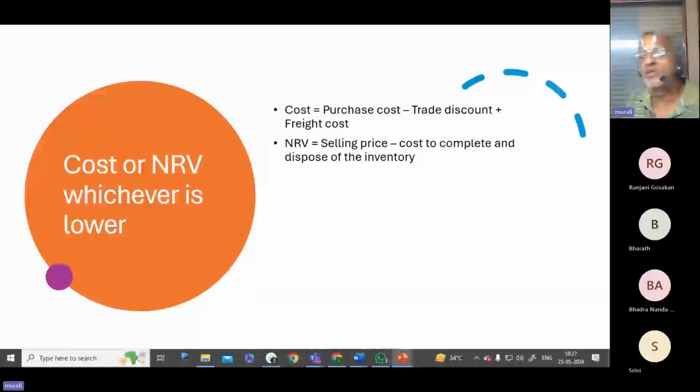We do have the NRV concept even for raw material also. How come? I just bought some amount of raw material, and after my purchase, the price of raw material dropped. Should I value the raw material lower, or continue to value it at the purchase cost, which happened to be on the higher side? It so happened for me when I bought a Honda. There is the Honda Basic. When I bought it, 3 months later there was a new model car. So the price of the existing, old model dropped.